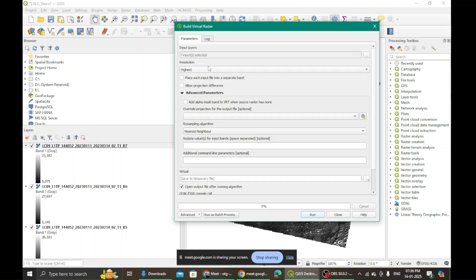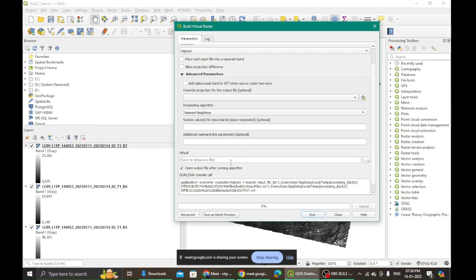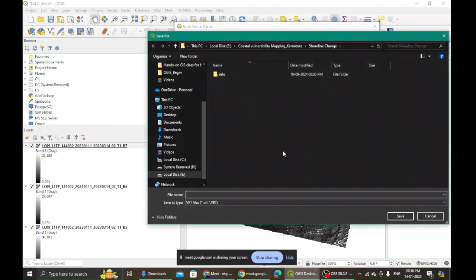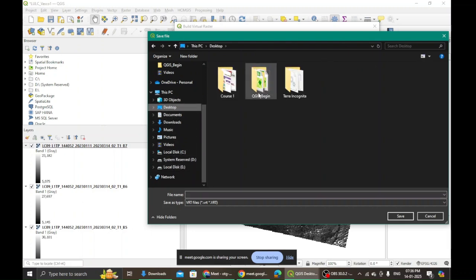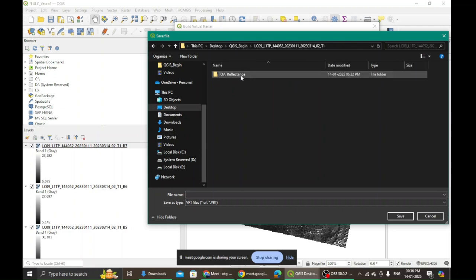I want to have the highest resolution whatever the satellite imageries already have. Okay, I choose this, and then I don't want to save a temporary file, I want it to be a file that gets permanently saved. So I click here, okay, and I say save to file. Once I say this, save to file, a folder opens and it will ask me where do you want to save your file. So I direct it to the folder that I have made.